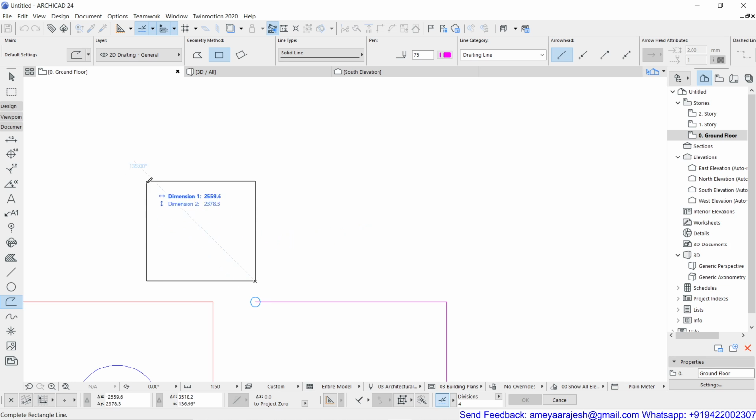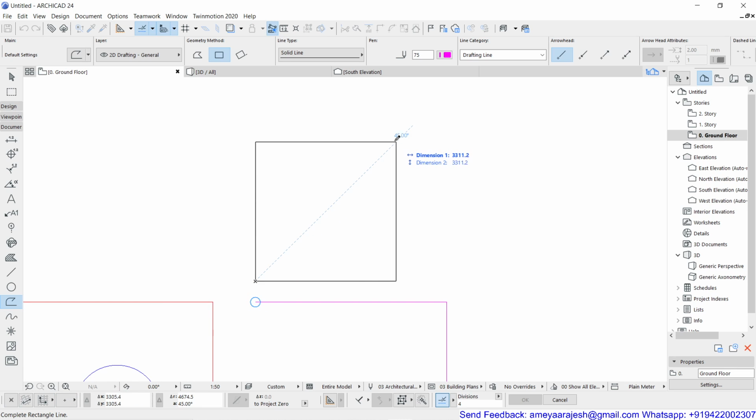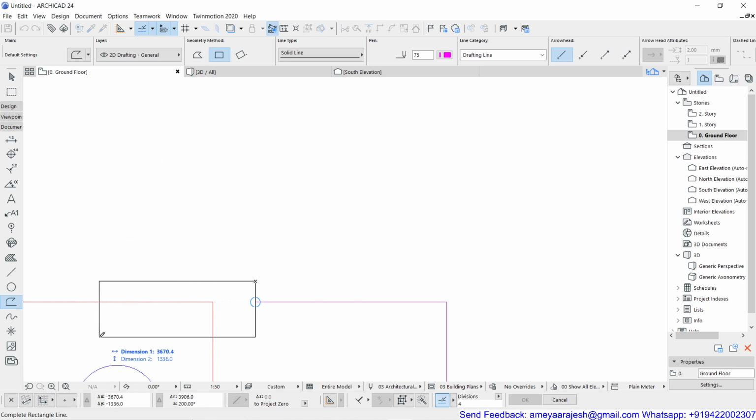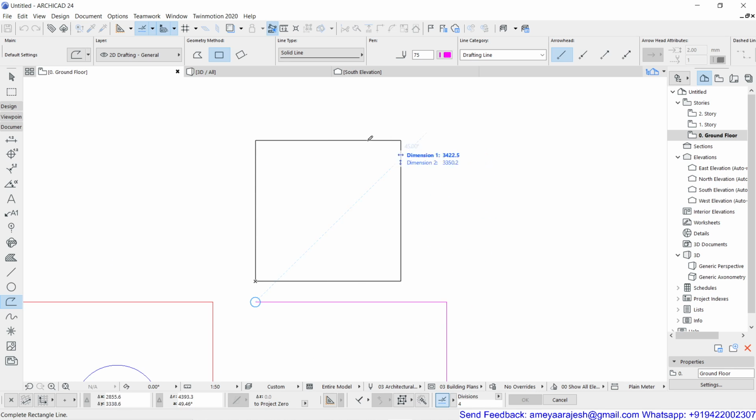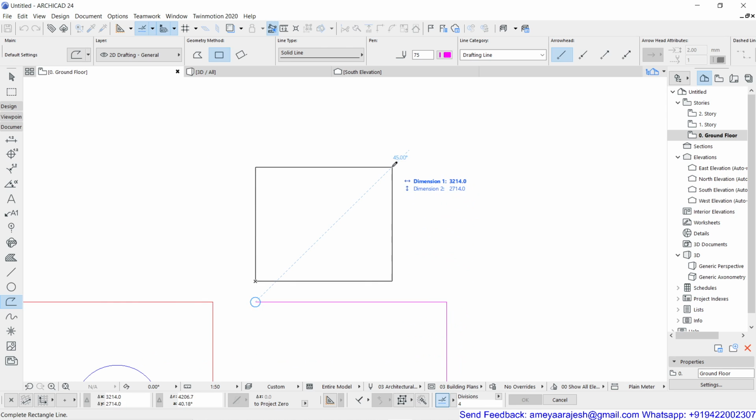Now remember, because it is a rectangle you have to construct, it is written on the prompt now, complete rectangle line. That means you just have to complete this rectangle. First of all, you just have to place your mouse on the side where you want to construct this rectangle. Anyway, because it's a four-sided diagram by default, you just have to show on which side you want to construct this rectangle. Once you have placed the suitable side, you don't have to worry about how much distance you want to capture in this, unless you are drafting randomly.